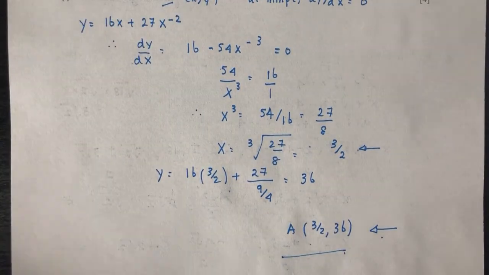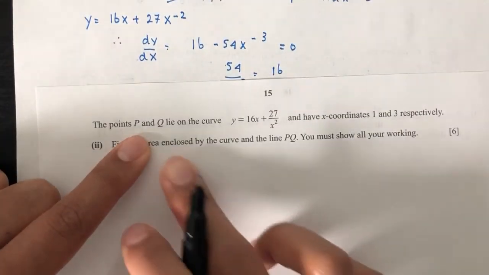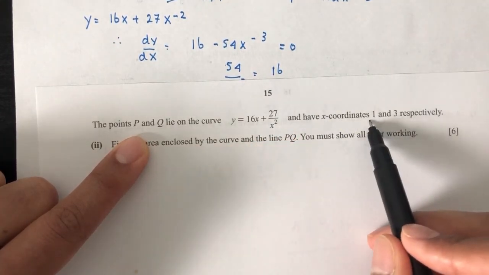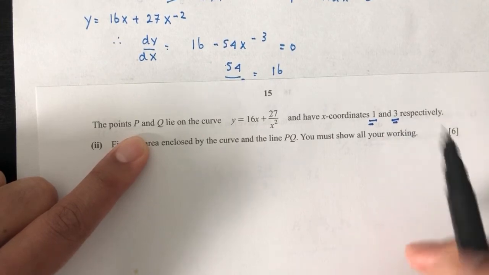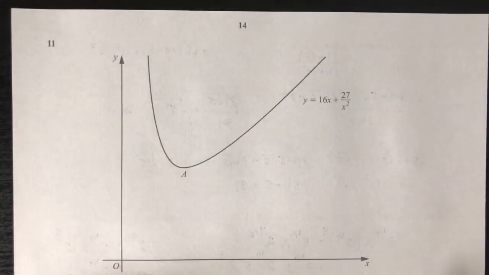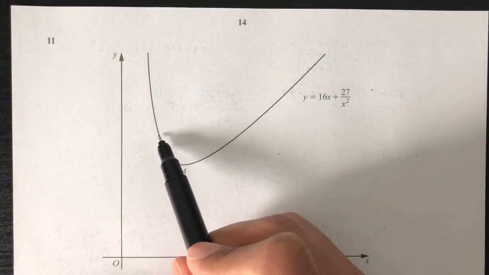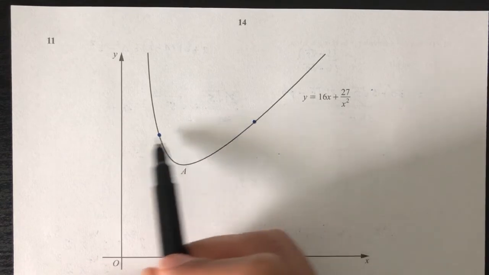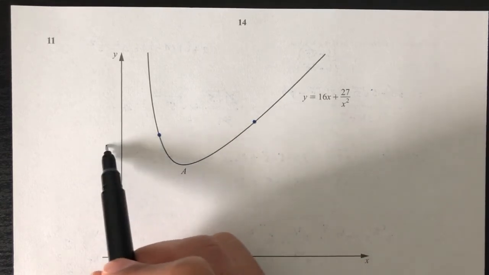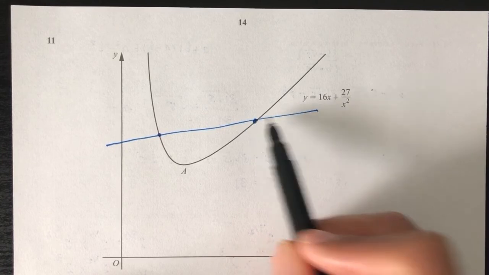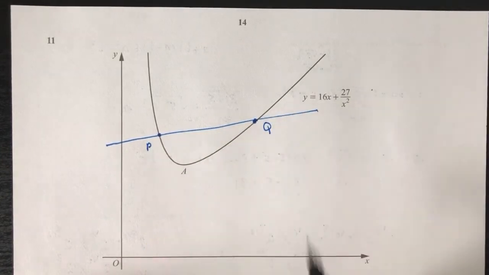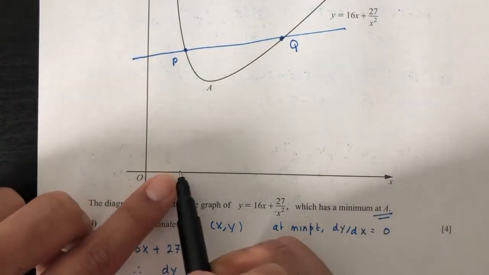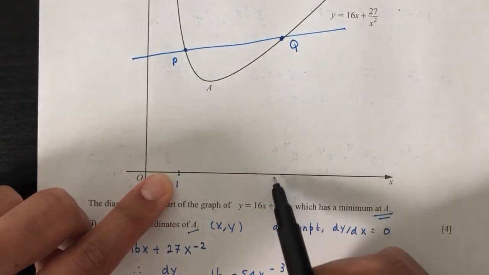So now moving on to part 2, it says that the points P and Q lie on the curve such that the x coordinate of P is 1 and Q is 3. So what it means is, on this curve here, we have a point P here and a point Q here. And let's join this. So we have a line PQ will be here. This is Q and this is P. And now the x coordinate, which is the x value here on this line, this is 1 and this is 3,